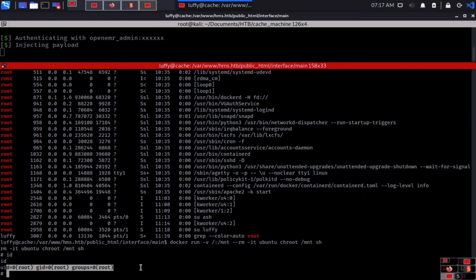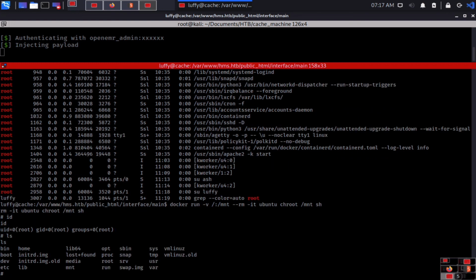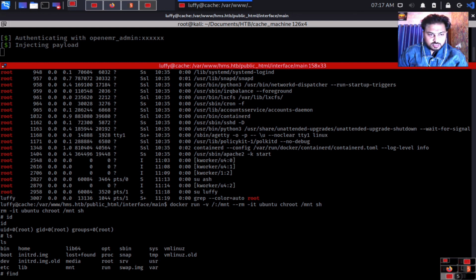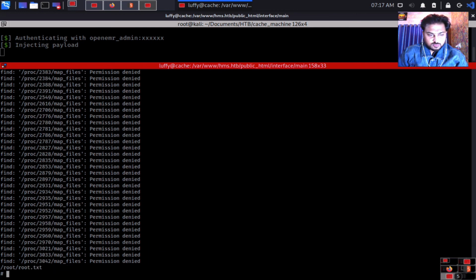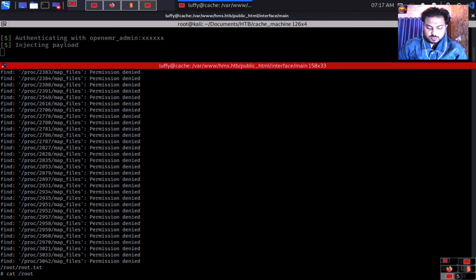Here okay, we rooted the machine. ls, we have everything. Now we can simply search find -name root.txt. So we have a cat command now, /root, then root.txt. Under the root we have a root.txt.